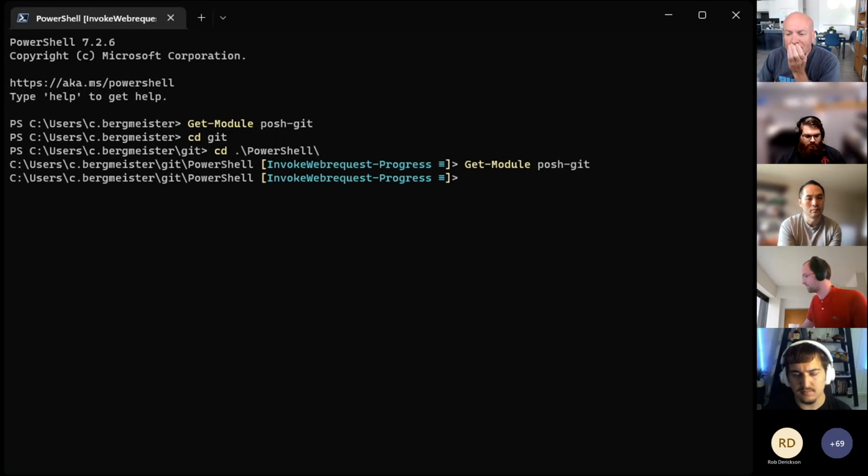But this confirms it. So how is this working behind the scenes, and how could you use that in some of your other scenarios? On my repository, I've got instructions on how you can generate proxy cmdlets. There's a couple of blog posts out there. It's actually technology that has been out there for many, many years.